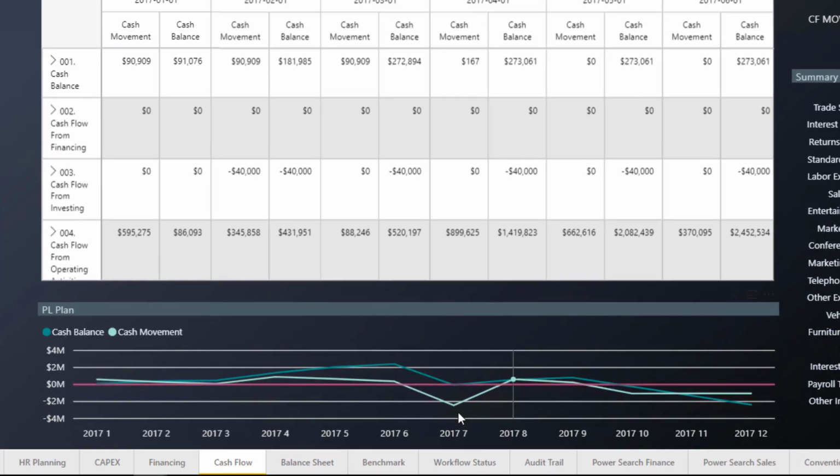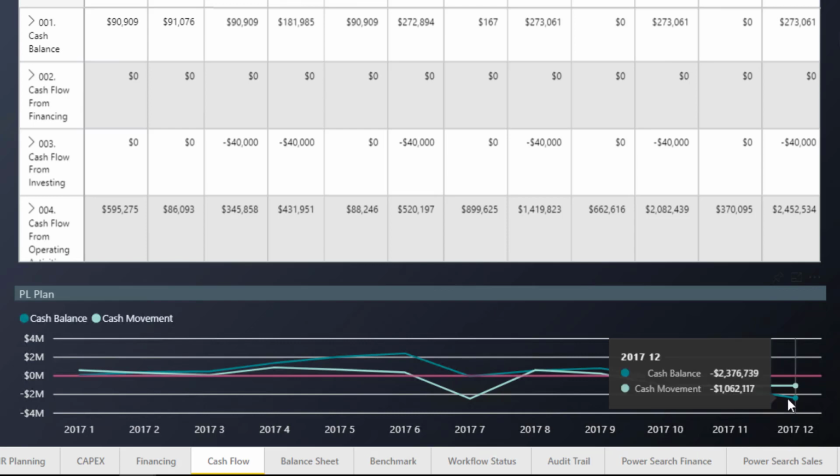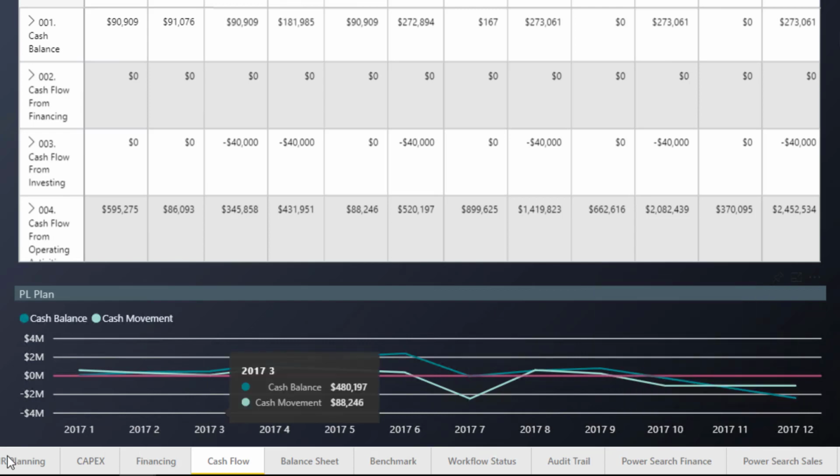The light blue line here shows the cash movement and agreeing on the cash balance. And we see we have a little bit of a problem, not too much, it's just $46,000 short, but we definitely have a problem from October onwards, when we will go into negative cash territory. So what we can do now is plan for this and either increase our assumptions for sales,